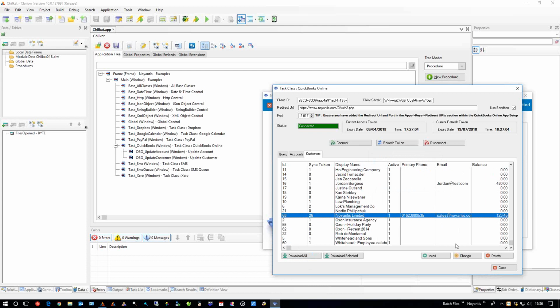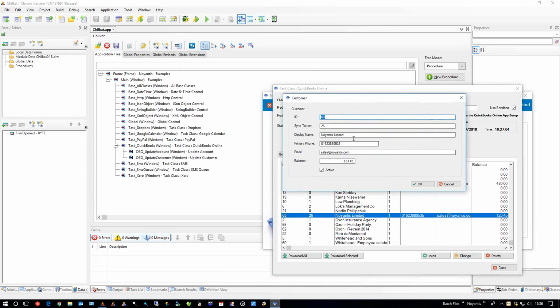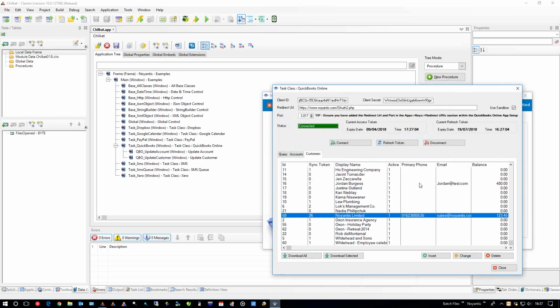It's important, because if I was to go and want to do a change, so let's just put a Noyantis 2 on the end, and I go and save that, then what it's actually done is the save, and it will tell you true or false if it's successful, and then it will return you an updated group structure of that particular record. And I just go and put this back in the queue. Then the sync token has gone up,